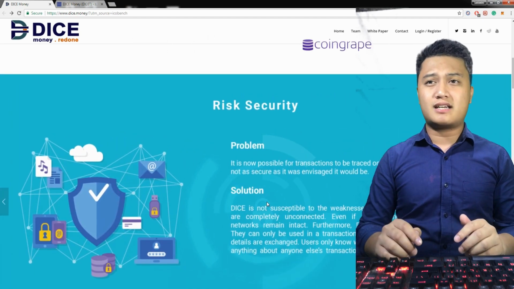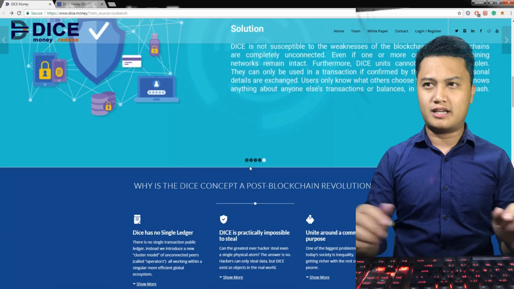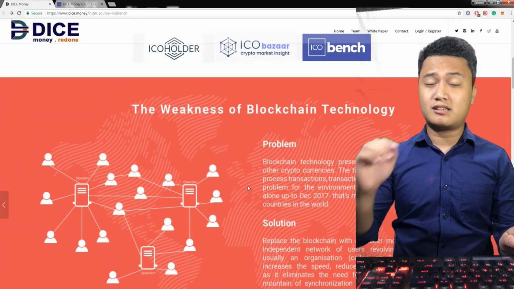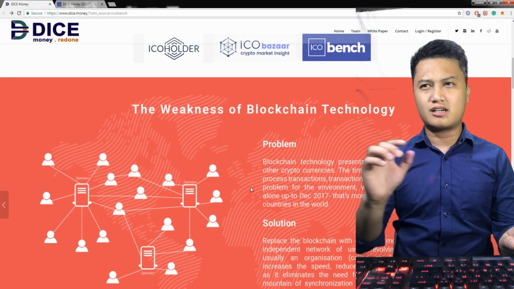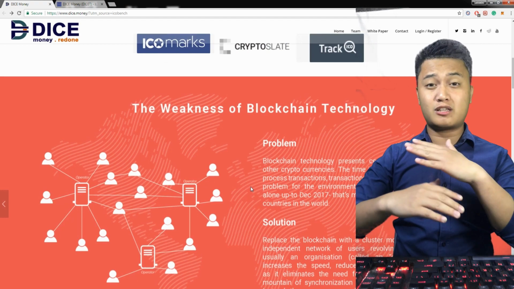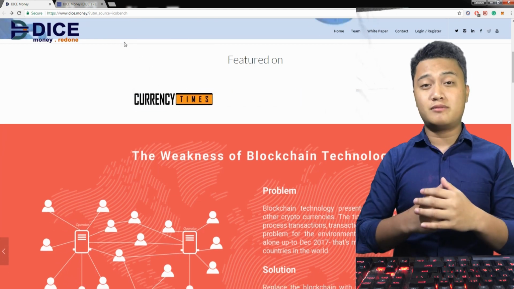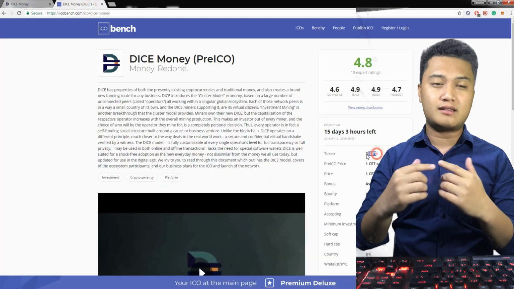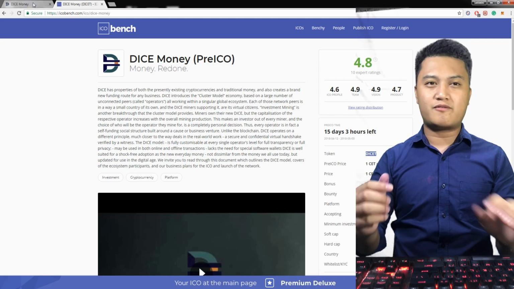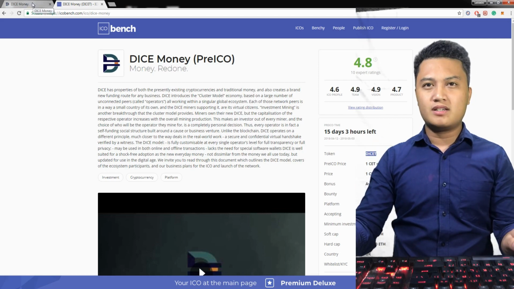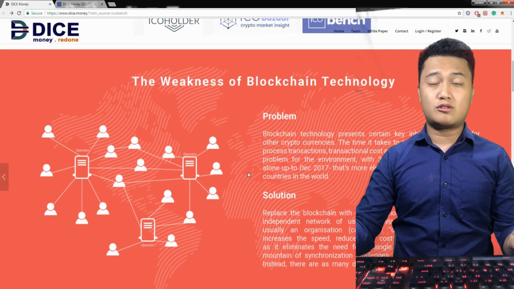So the Dice Money project, guys, is not based on the blockchain technology. Yes, it is not based on the blockchain, but the token that they use inside the platform, the Dice Money token, they call this DCET. So the first token that you are going to buy now is the DCET token, but when the time comes, there is a swapping. That's what the founder says, that there is a swapping from DCET to Dice token. So they're going to change it. But the DCET token is a standard ERC token.